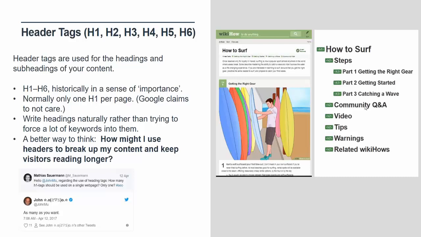The real goal behind this is to think about how I might use headers to make my content more engaging so that readers can read the sections they need to and stay on this page longer. So it's less about stuffing keywords in the title and H1, making sure they match, and more about how I make this page useful to my visitors.